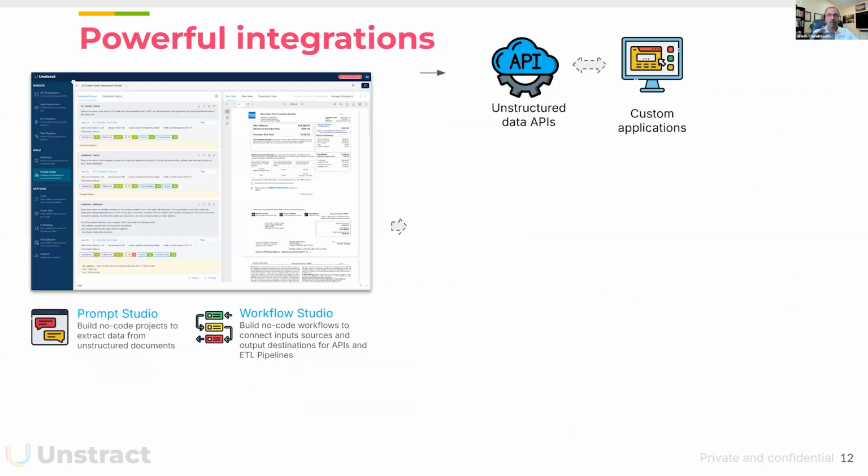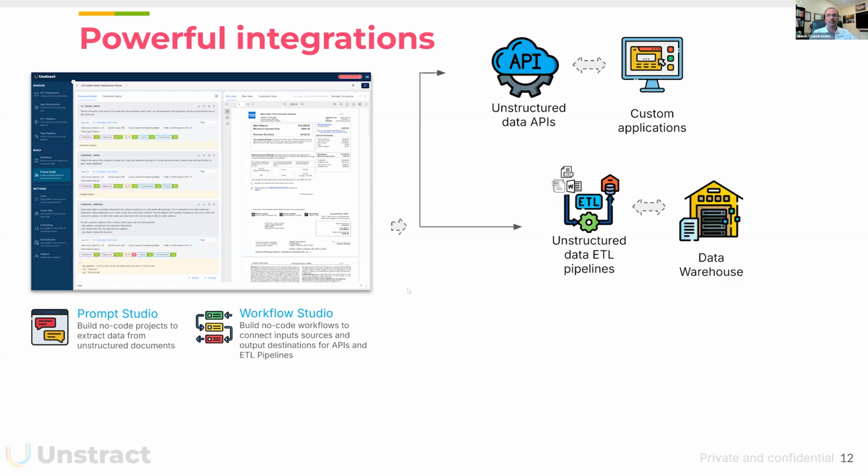You can also expose whatever you built as a workflow into an API, which you can then consume within your GenAI application as well. And this is a very powerful thing, because we can be completely under the hood. You could be building the next gen GenAI application, which requires you to process some of this unstructured data. You don't have to reinvent the wheel. You can leverage Unstract under the hood, leverage the API capability, and build all of this very easily with this Prompt Studio, and use that API within your application.